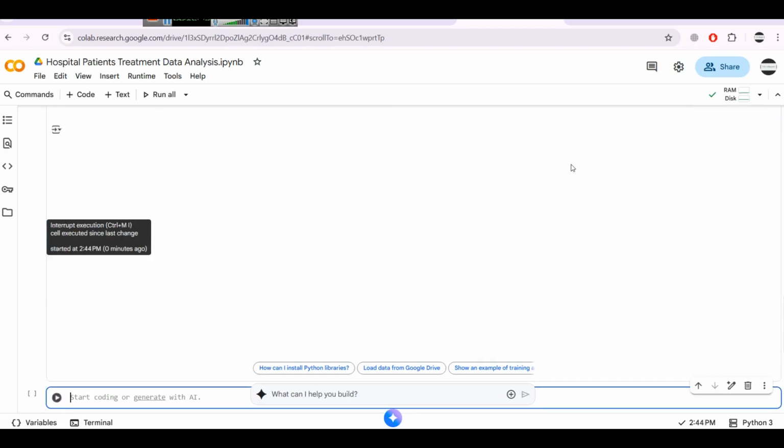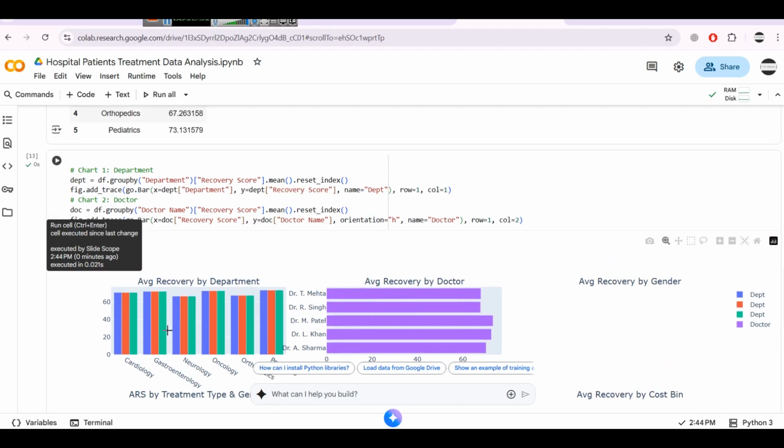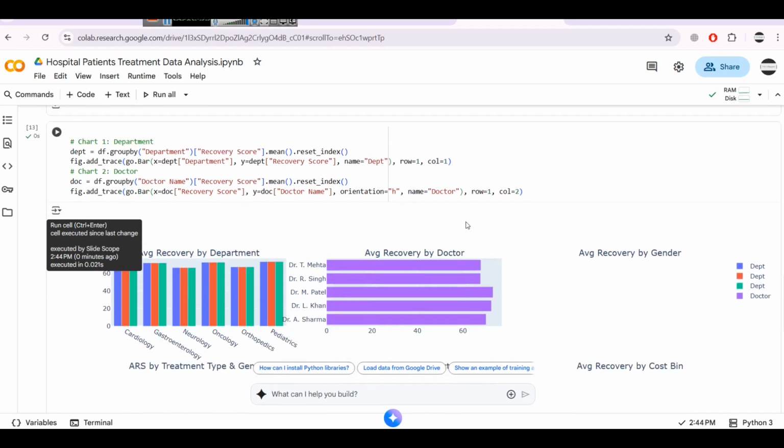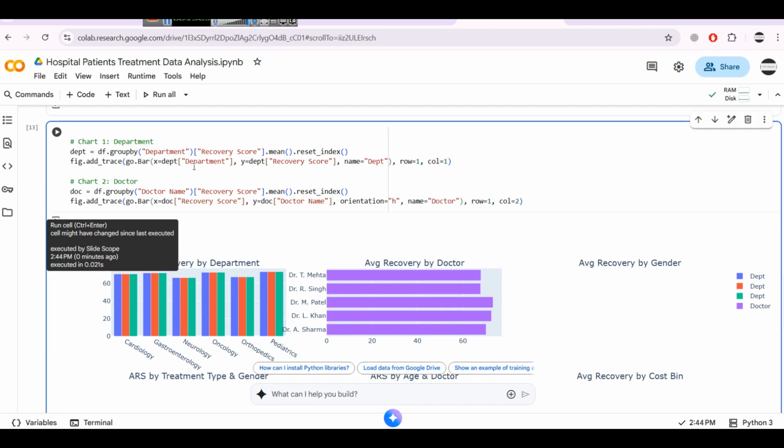So once you do that, now we have two charts. Here you can see we have cardiology and gastrology. So this will give you this horizontal kind of orientation. So this is how you will do that. Here we have chart 1, where we have department wise recovery score, and here we have doctor wise recovery